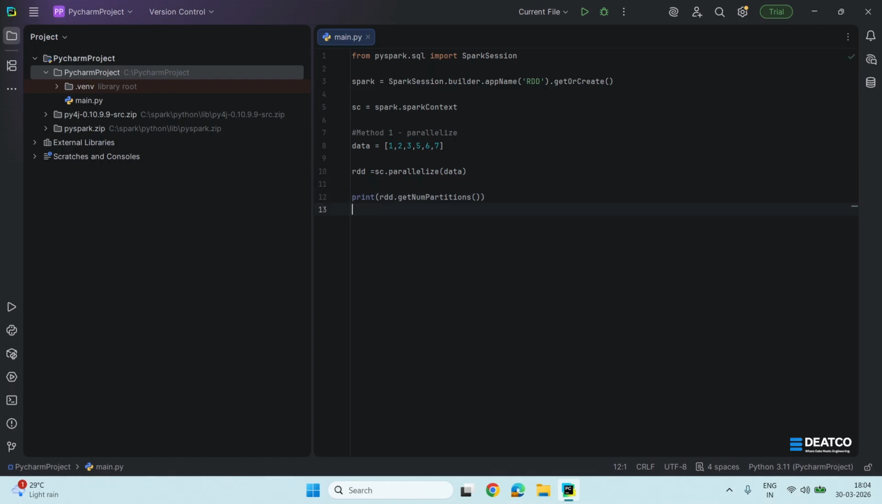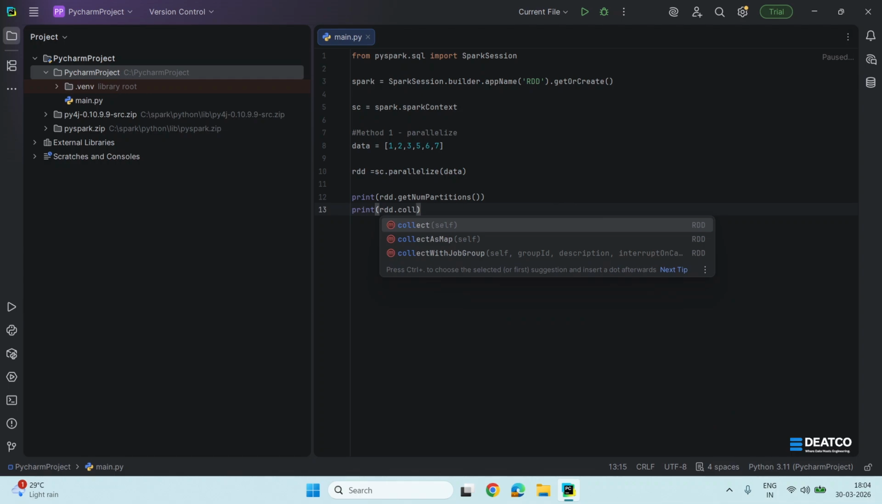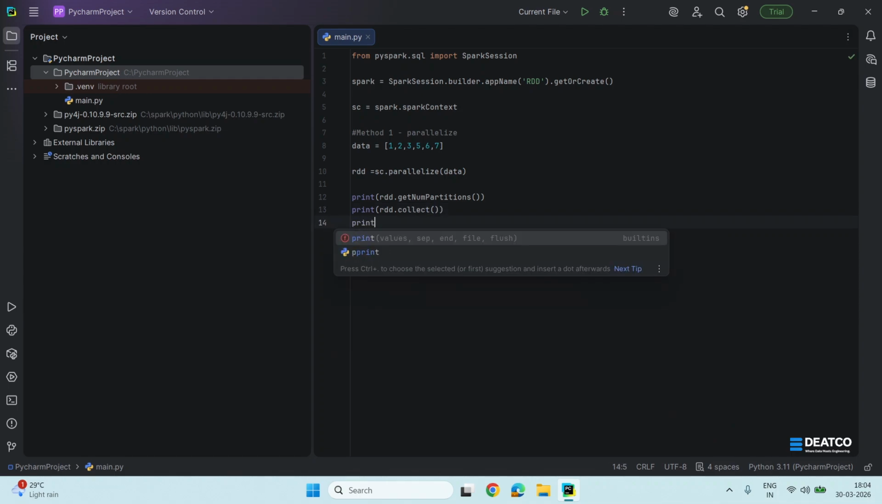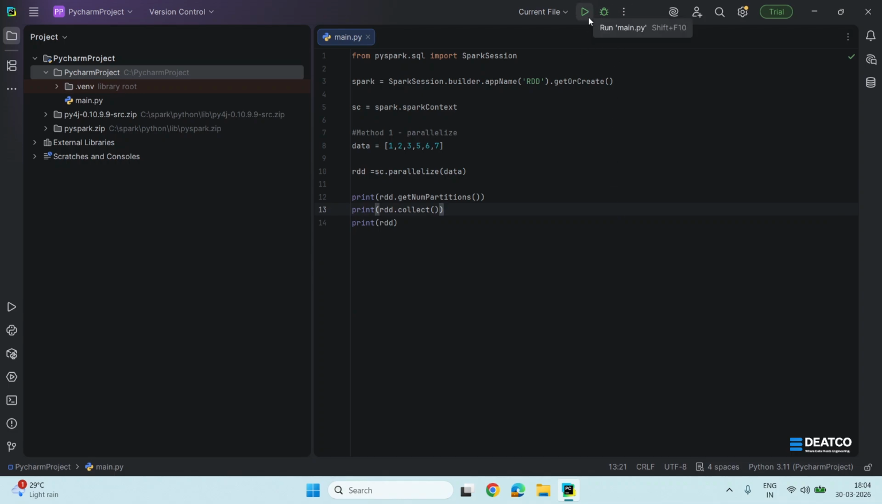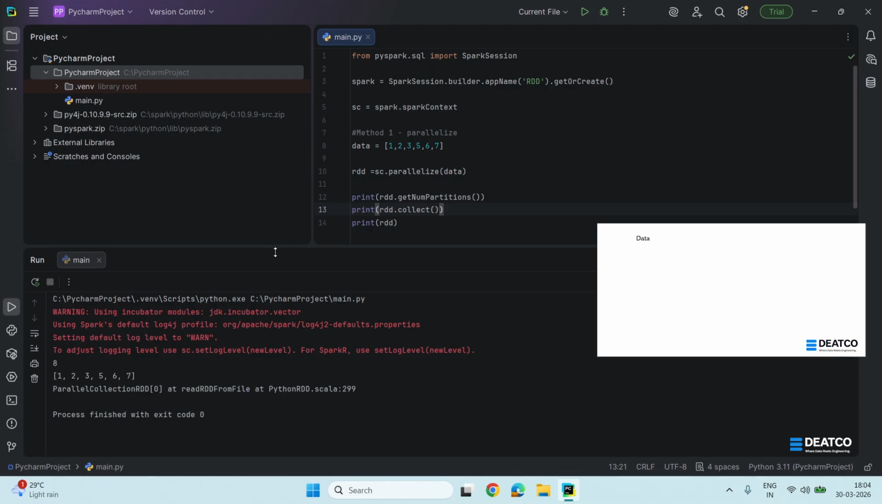And if you want to see the data in the RDD, you can use the collect action that is used to return the content of the RDD. If you just print the variable, it will show the RDD object. So let's run this program and see what it returns. Here we can see the number of partitions in which our data is divided is 8, and the data stored in the RDD is the list 1, 2, 3, 5, 6, 7,